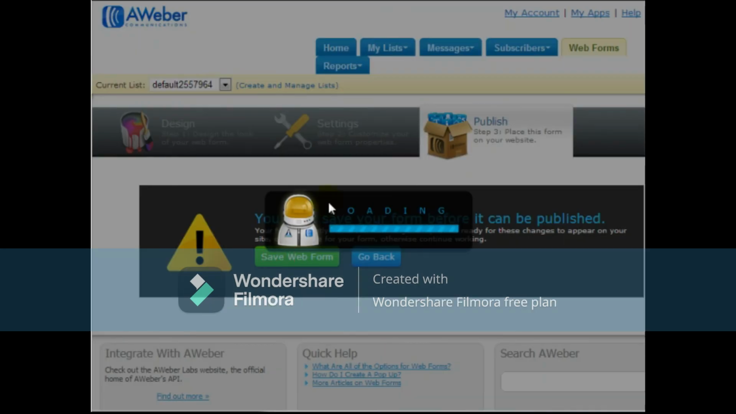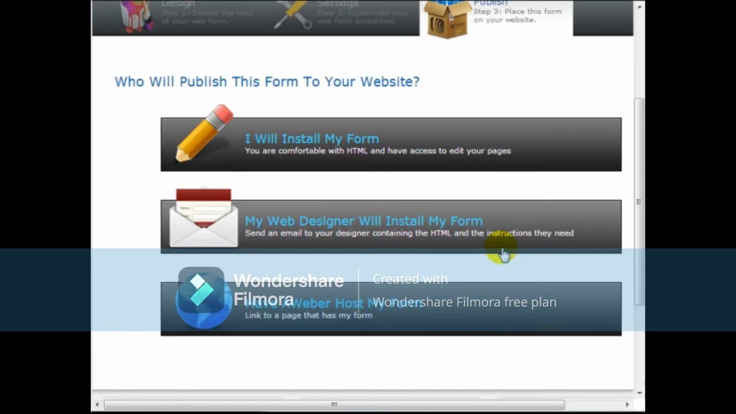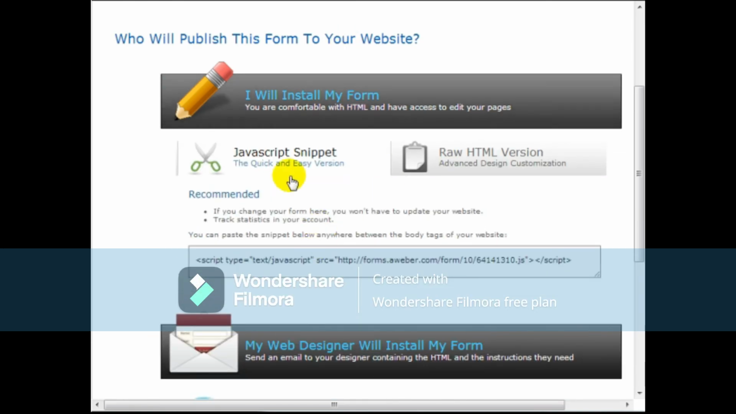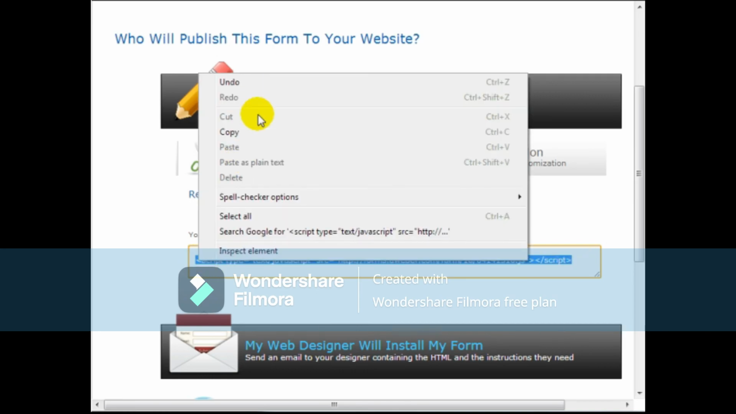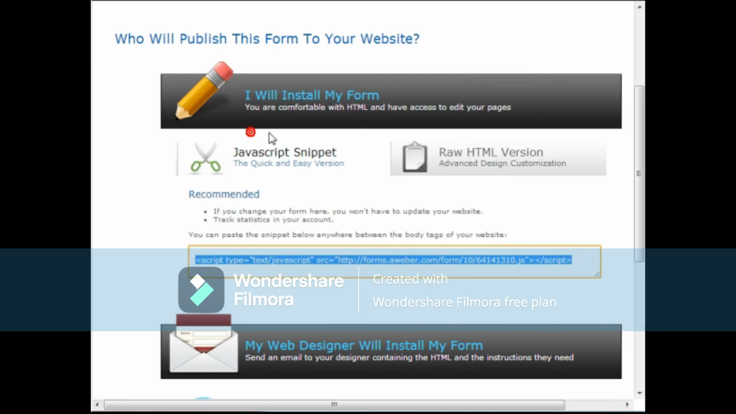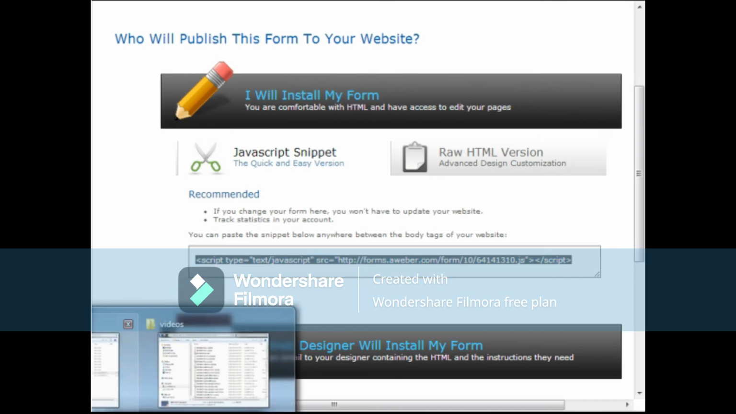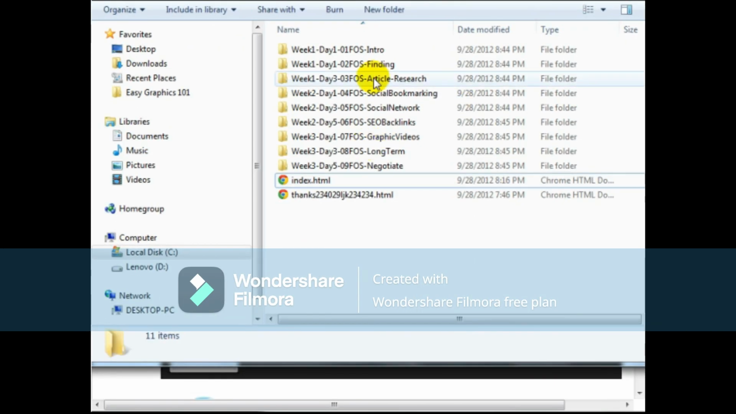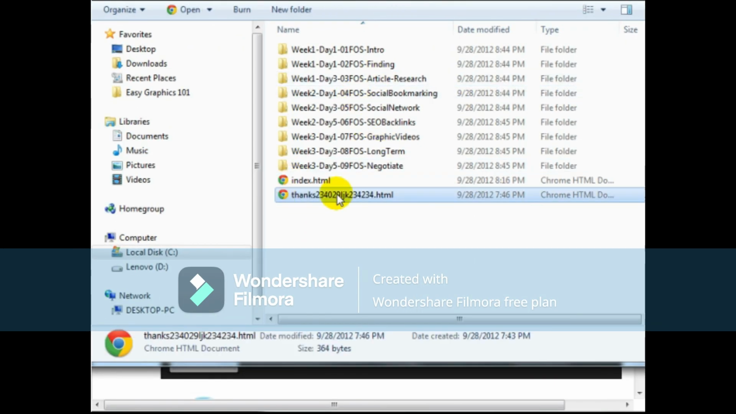Click on Save Web Form, of course. And then I'm going to want to get the HTML or JavaScript code. So it says, let's see, I will install my form. All I need is the JavaScript. So simply highlight this, right click, click copy. And then what I want to do now is hop on over to my thank you page in my file manager, and I want to edit the thank you page